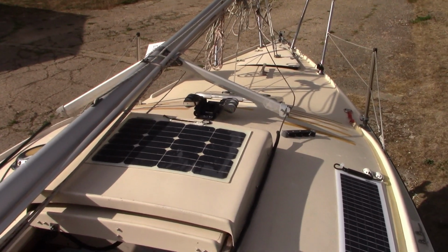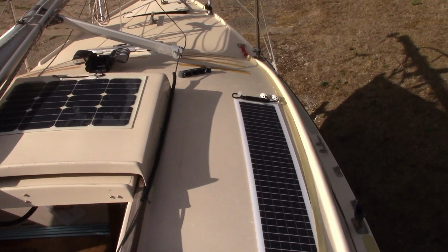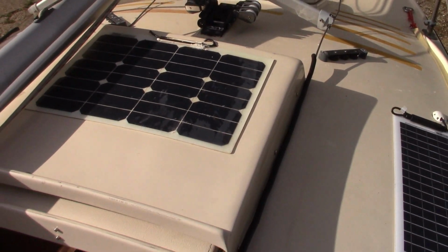Okay, what can we tell you? Set up very much for single-handed sailing. The lithium battery is charged by a choice of either the centre solar array